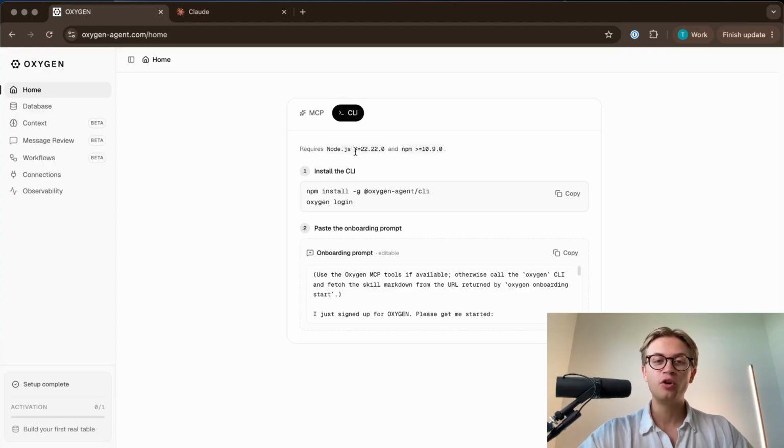And this only works if your Node.js version is above 22.22 and your NPM is installed and is also up to date. And for this, if you don't know how to set it up, you can actually use Claude Code or Codex help to install this whole dependency. So for this, once you have these two dependencies installed, what you can do is just copy this prompt here,